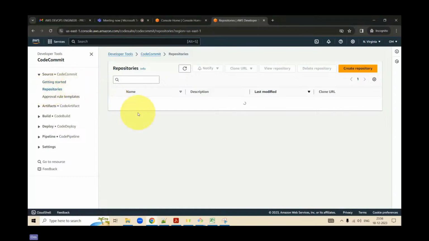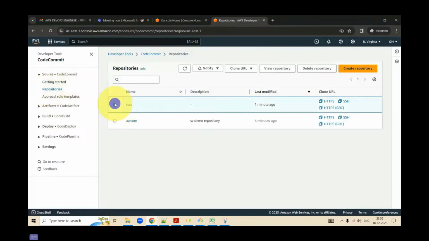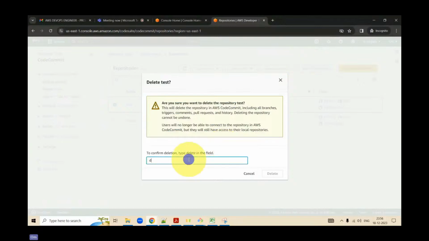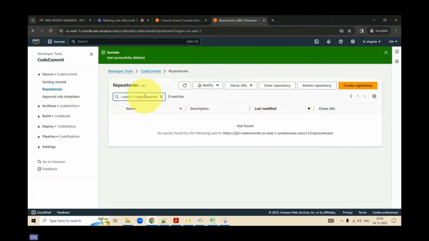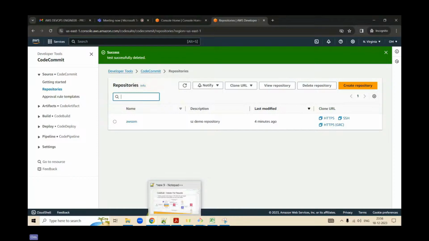So this is the repository. I hope you have got it. Now there are other things also. I will tell you how this works. You must have seen, right? If you want to clone your code, you simply copy this HTTPS request, and you get the entire URL of your repository. If I open this into a notepad, you will understand what I am trying to say.